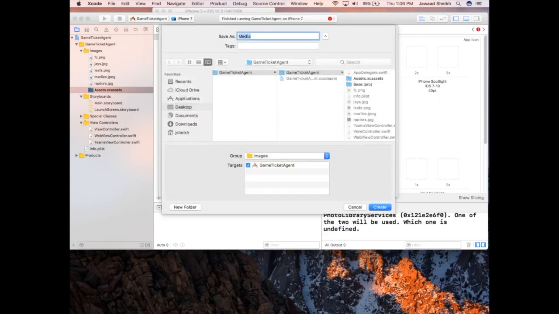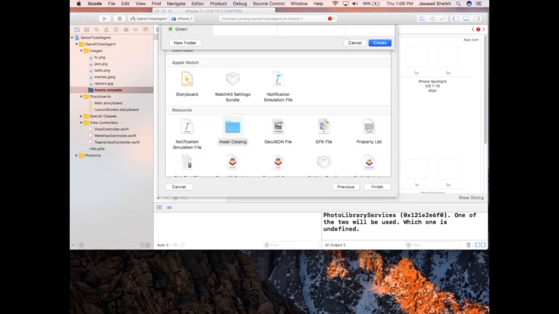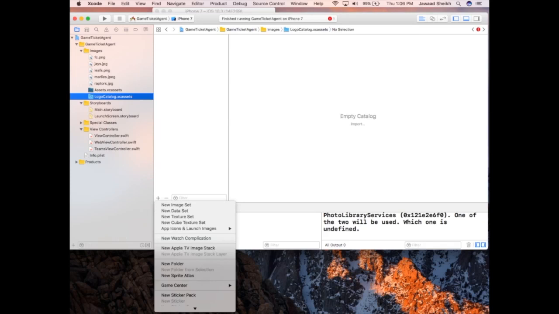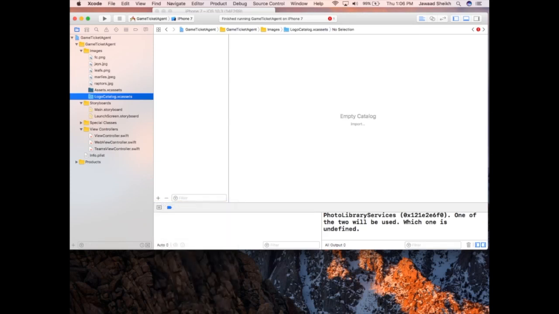And I'm going to call this my logo assets. Sorry, logo catalog. And it'll autocomplete with the file extension. And so we created an asset file called logocatalog.xcassets, and it's empty. So now I'm just going to drag each of these images over. So I'm going to make sure that logo catalog is highlighted. It's empty. There's 2 approaches. I can just hit the plus sign below and say new image set. But instead of that, I'm just going to leave this highlighted and just drag over fc.png,